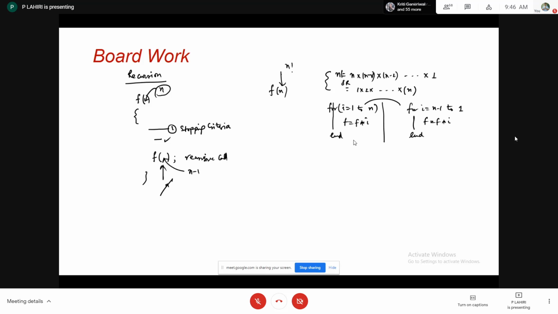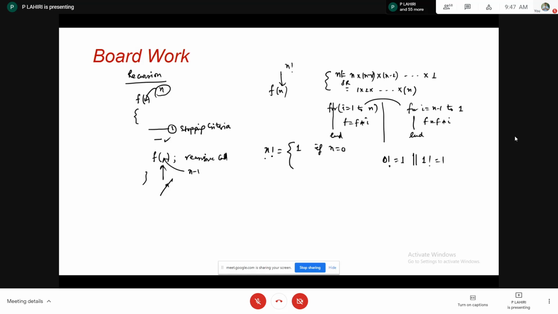But not all the time will the method be expressed in terms of iteration. Sometimes there is a necessity to apply recursion, and the recursive logic is for factorial of n. You have to identify when we shall stop. You know that it is a truth that factorial of 0 is always 1. Or anybody can say that factorial of 1 is also 1, because we are not going to calculate the factorial of a negative quantity. So we can stop and return 1 if n equals 0, or anybody can write n equals 0 or n equals 1. So let us put the base case, that is n equals 0.